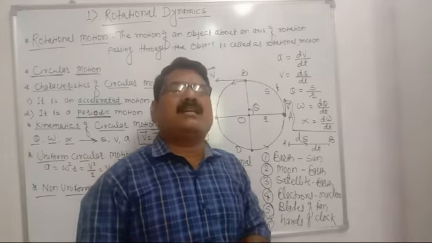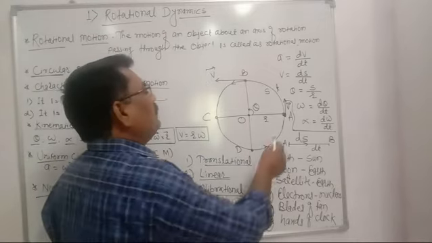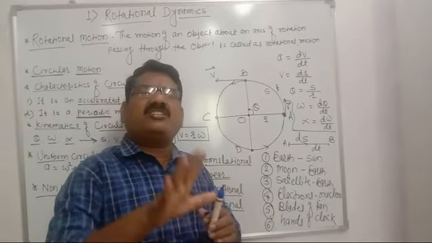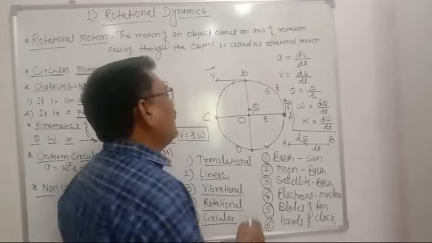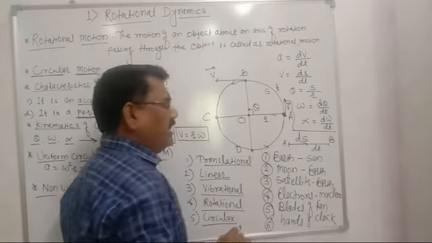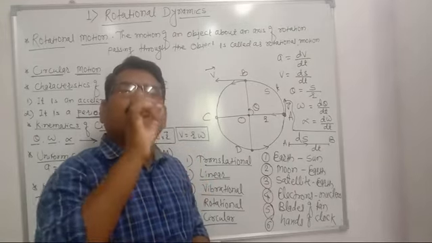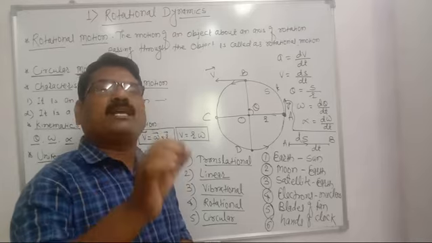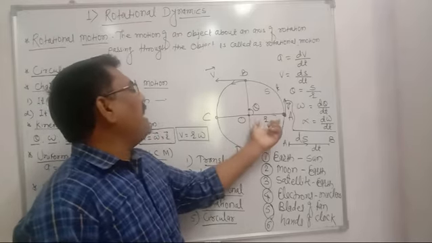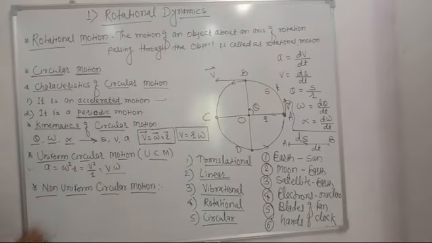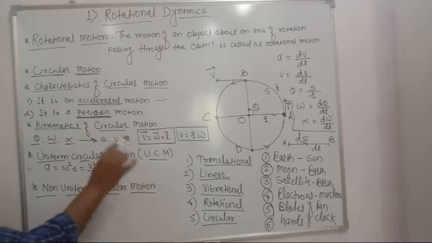It means when the particle is performing uniform circular motion, acceleration is produced in that particle, and it is always directed towards the center of the circle. So the acceleration produced in that particle is known as radial acceleration or centripetal acceleration, and it is given by a is equal to omega square r, which is equal to v square upon r, which is equal to v into omega. This is about uniform circular motion.